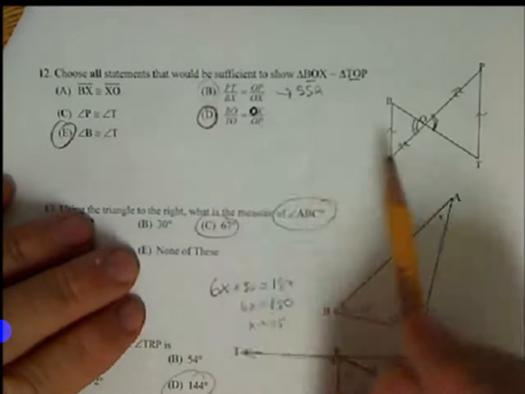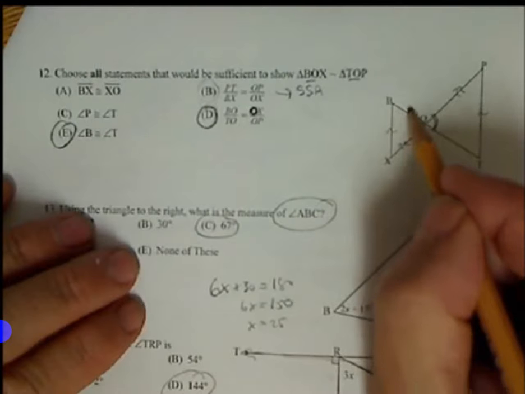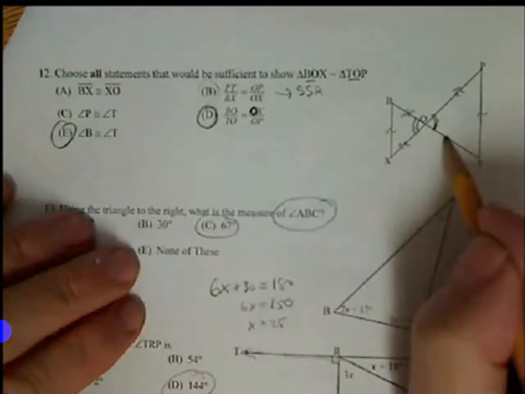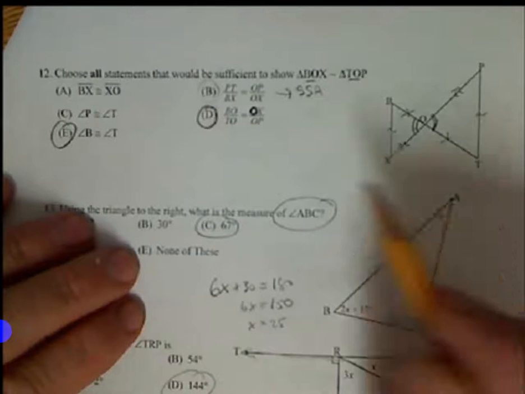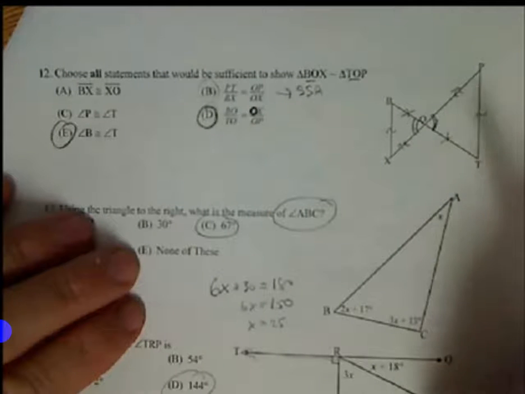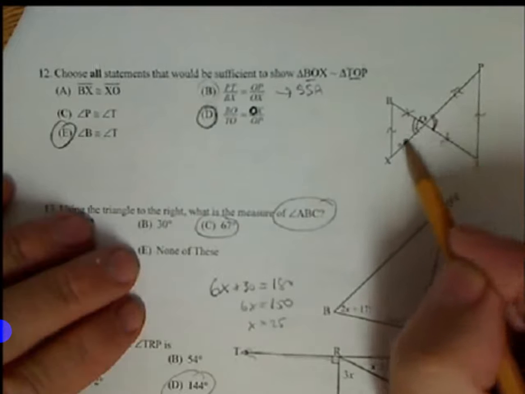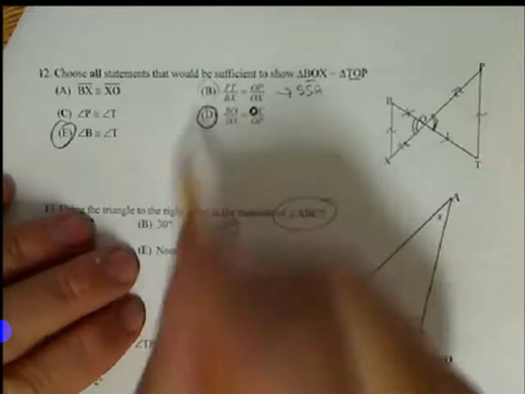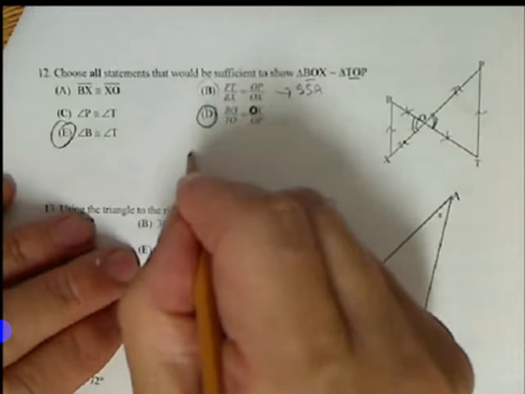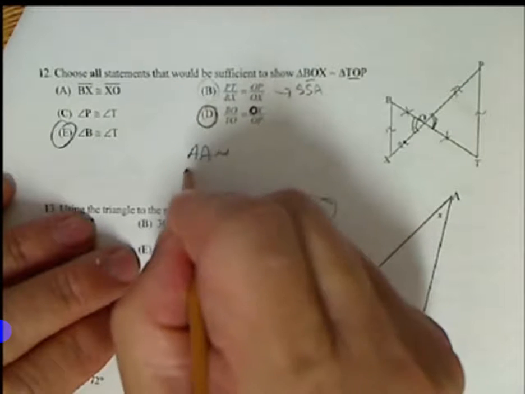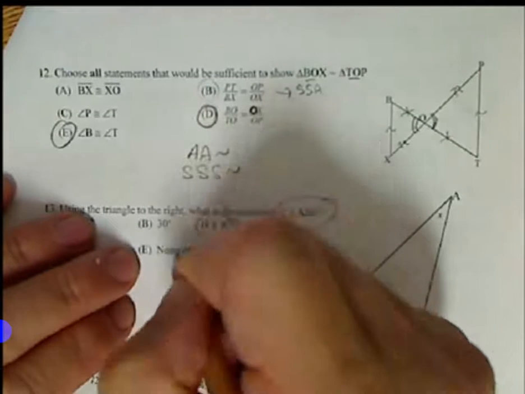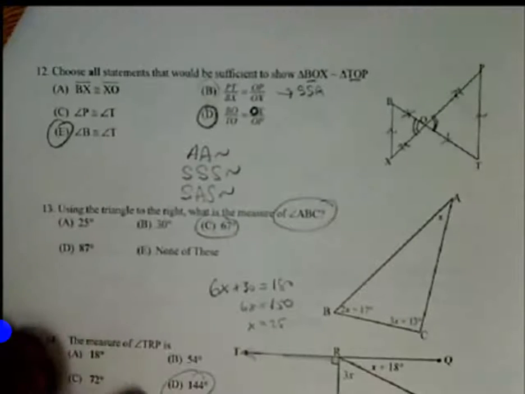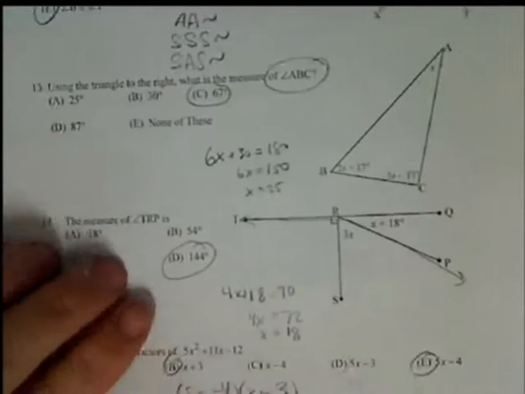For D, I've got BO. So I'm going to kind of mark this one with like an X, matching up to TO. Okay, those do correspond. And then OP and OX. Okay, now if I look at these guys, that's side, angle, side. We can use one of three things. Angle, angle, similarity. Side, side, side, similarity. Or side, angle, side, similarity. Those are the three you're looking for. Again, on our triangle right here, I want to